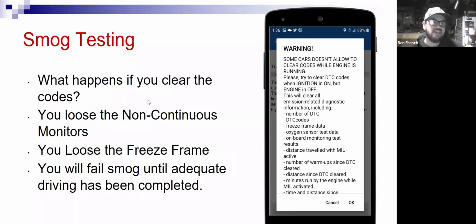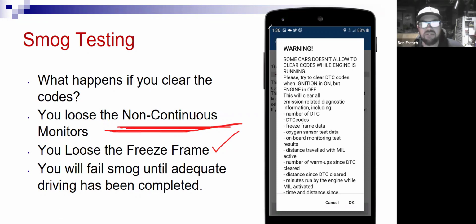But let's say I'm doing something on the car and I decide I need to clear the codes. What happens 9 times out of 10 when you clear the codes is that you lose all your non-continuous monitor. Obviously, we know we're going to lose the freeze frame. Okay, but we're going to lose the status of our monitors. So that car that we were just looking at that had ran almost all of its monitors except for EVAP,